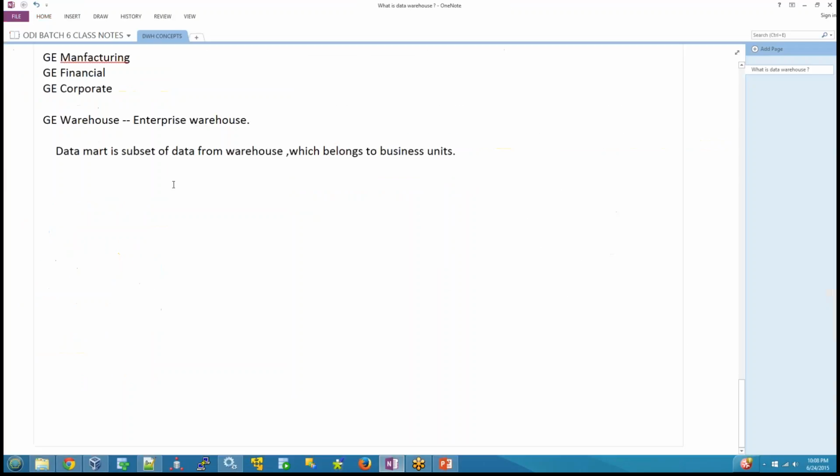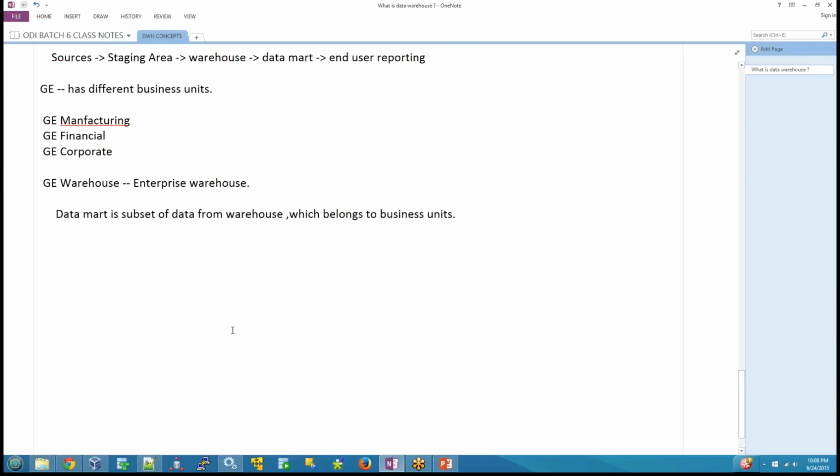In the last class, we saw, for example, General Electric. GE contains different business units: manufacturing unit, financial unit, and corporate unit. 3 different units, or more than 3 units also, any number of units. So the GE warehouse is an enterprise warehouse. Enterprise warehouse means it contains the data from all the business units, the whole business units' data. It's a complete warehouse. So the data mart is the subset of data warehouse which belongs to a specific unit,